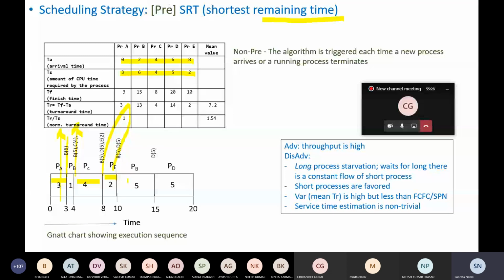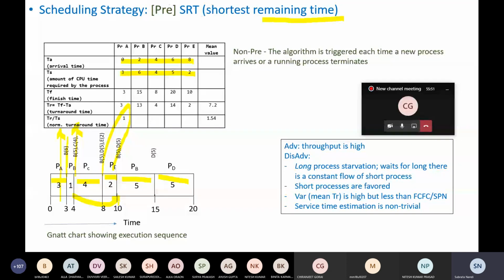Maybe B got scheduled because it came prior to D. So B got completed and D got completed. This is one instance of preemptive scheduling, where a process like B got preempted forcefully after executing just one time step, and later on it got scheduled here. That is a kind of preemption case,